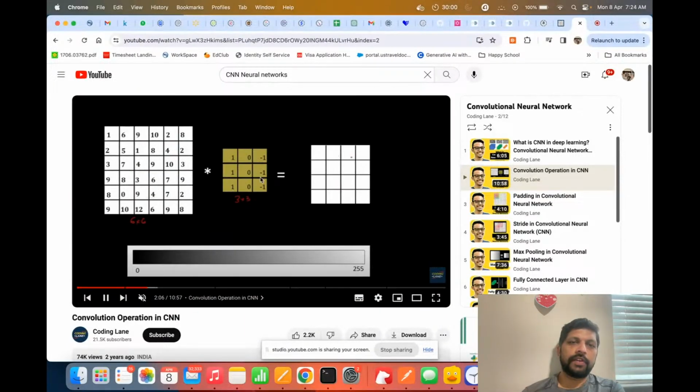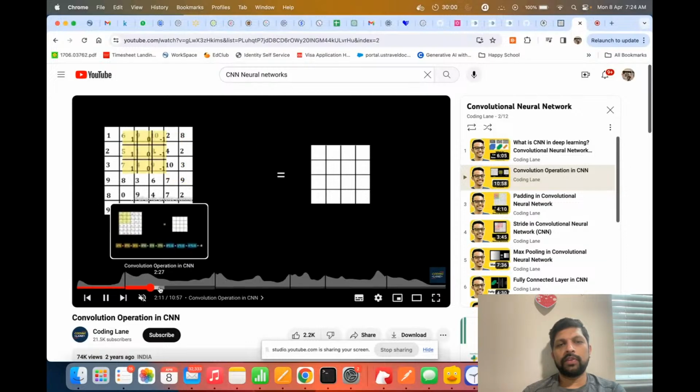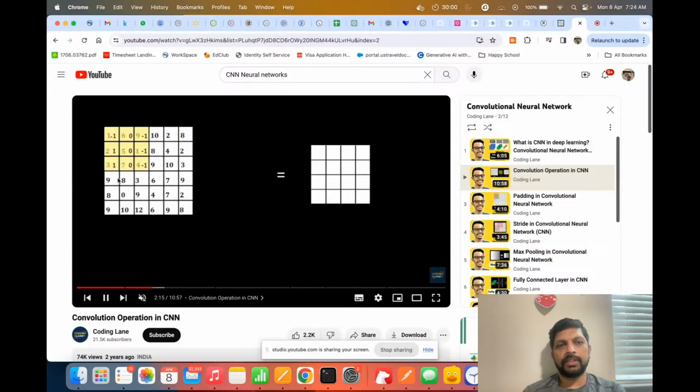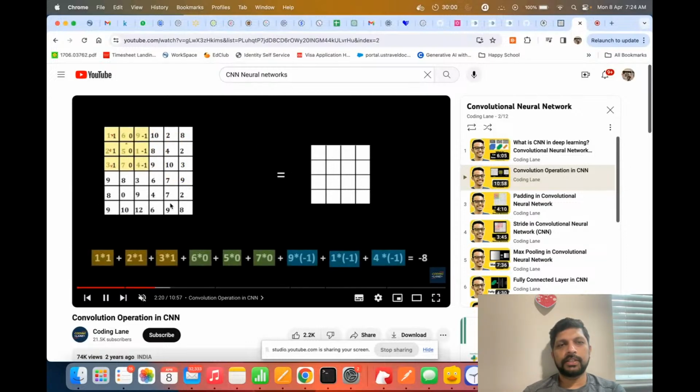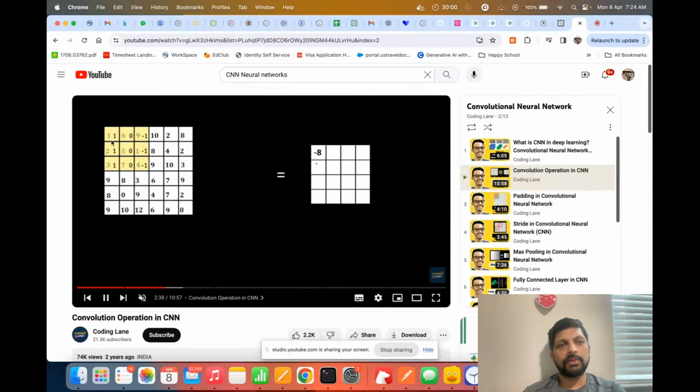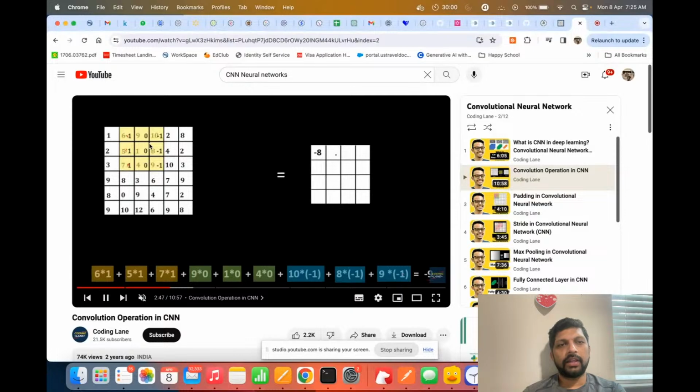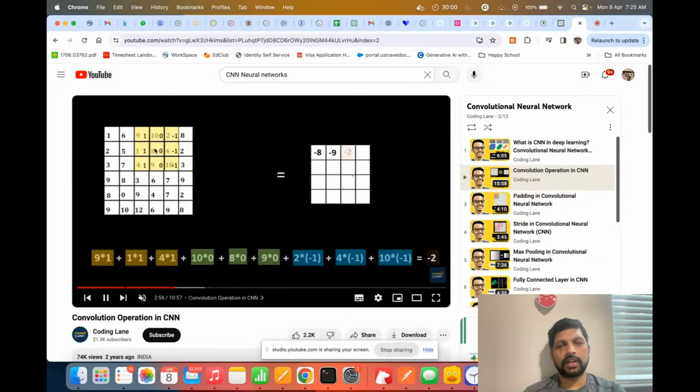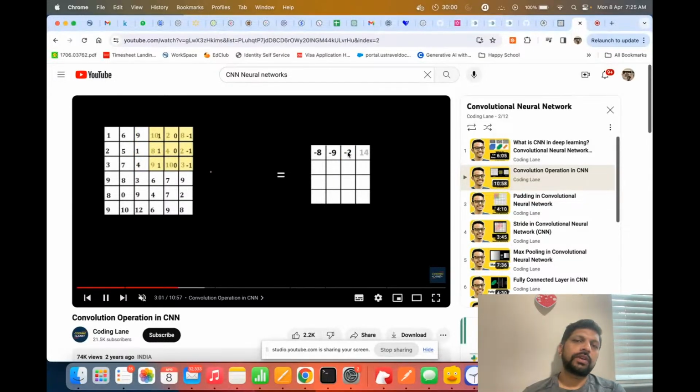So we take a filter like this, and we move that filter on top of the image. This is an image with 6 by 6 pixels. So you move a filter on top of it, and as he has shown here in the calculation, you multiply each of these numbers with these matrix numbers and add them up, like 6 into 1, 5 into 1, 7 into 1, plus 9 into 0, 1 into 0, 4 into 0, plus, like that. And you calculate the effective sum of this filter on top of those numbers, and then you derive a new